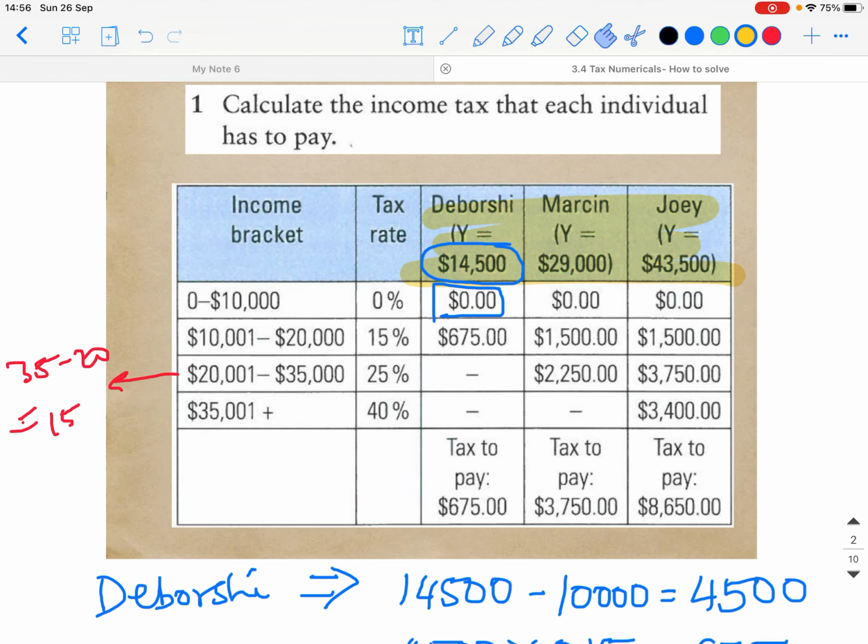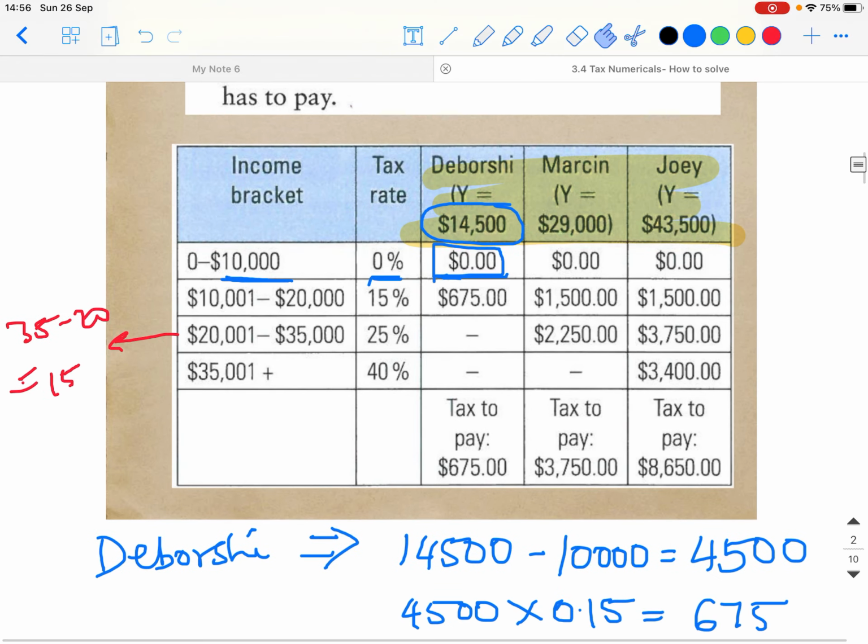So when we look at the upper limits of the tax slabs, we see that 14,500 is definitely more than 10,000. So the first 10,000 that is there, she will be paying 0% tax rate, and hence it's not taxable. The first 10,000 of her income is not taxable. What about the rest of it? So what we can do is a quick calculation where we are subtracting